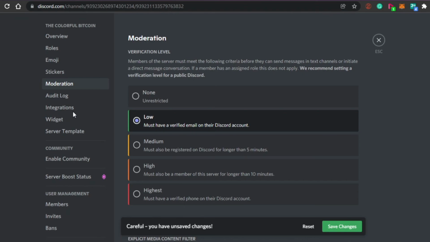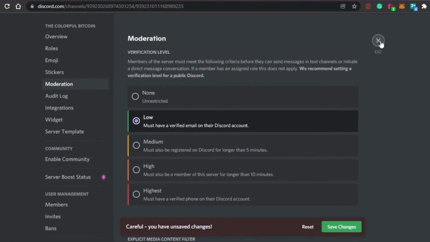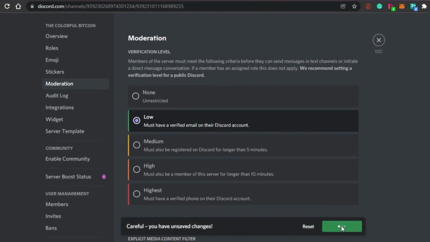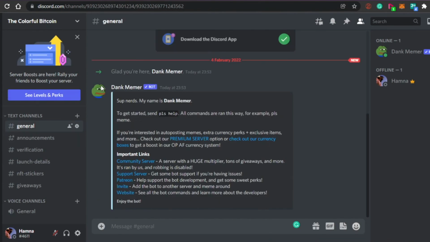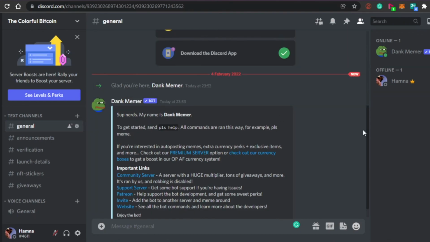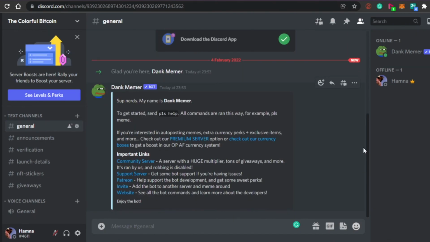Once you do that, it depends on you how you want to customize your Discord server. Go ahead and send invites to different people, and the more you use it, the more people you will get into your server, the better you will be able to manage it, and you will be able to create a very professional and very fun server for your NFT collection. The more people you have, of course, the more you will get an idea of how the server works. There's going to be a huge community, people messaging, and you can do giveaways, and much more